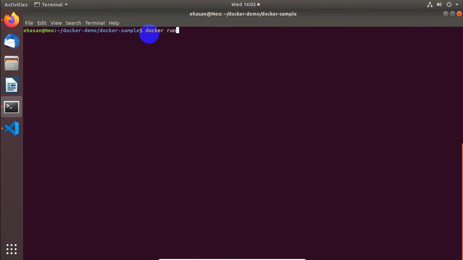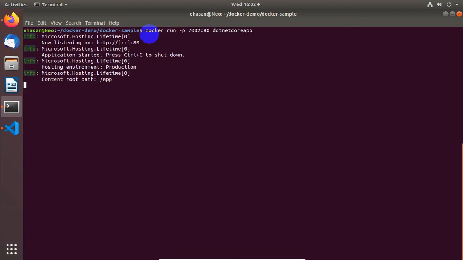This is the command: docker run -p, and p indicates the port mapping. 7002 is basically the external port, or we can say it is the host port, and 80 is the internal port or Docker container port. And then the Docker image we have created. So the name of the image was .NET Core F. So let's run.